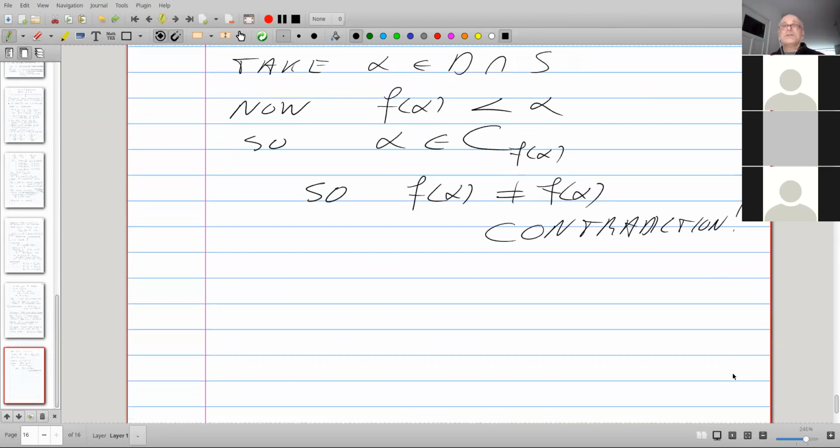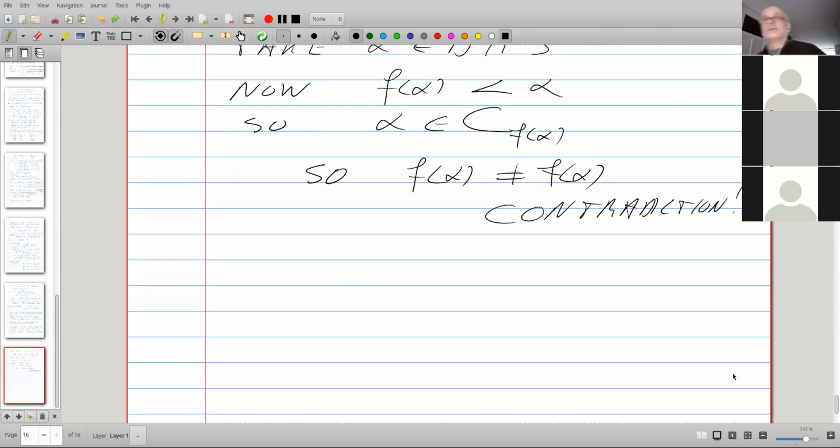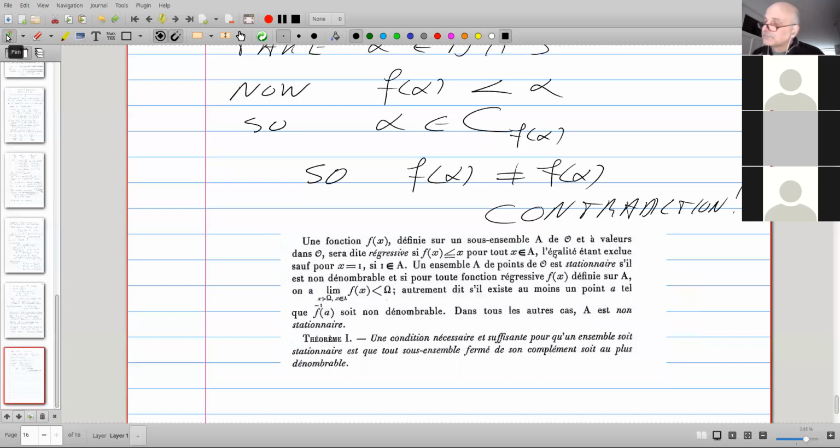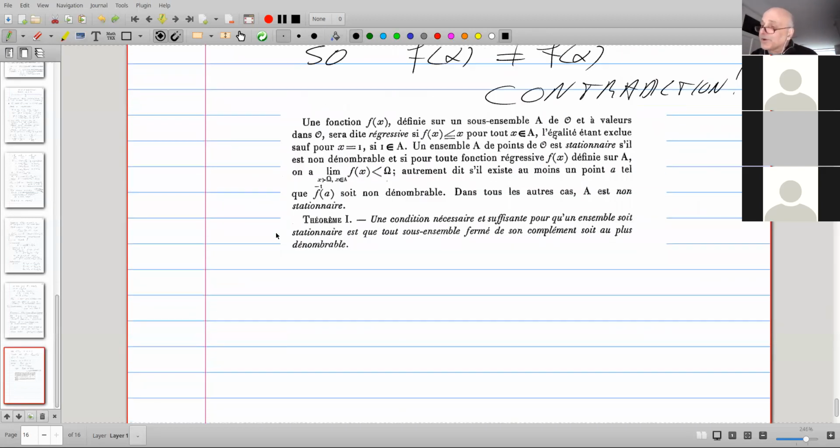And to finish, and it'll take a last minute, one thing. Here is a quote from a paper by a French mathematician, Bloch.